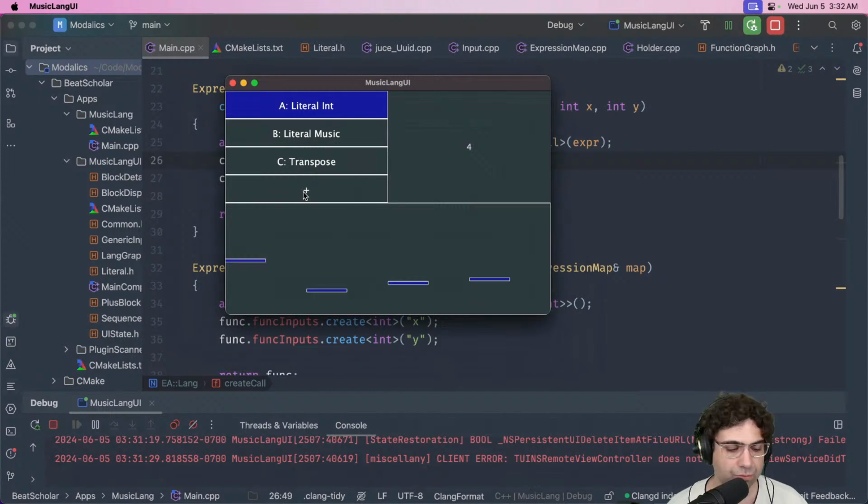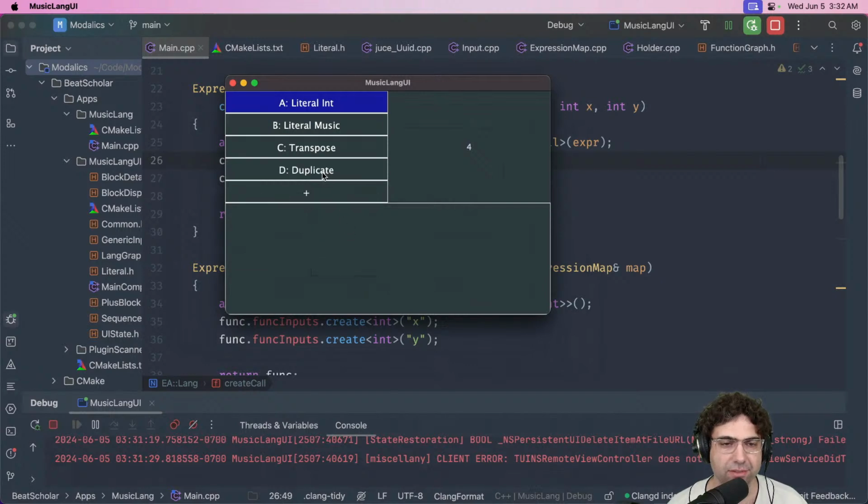And we can also add other kinds of blocks. For example, I have this thing here called repeat, duplicate. I don't know why it says repeat on the UI and duplicate in here. Doesn't make any sense. But then the input, which is M of type music. So input would be the result of transpose, and amount is how many times. So that could be something like, which number is this? 4. Return 4 times. So that's the general idea of how you chain these things together.